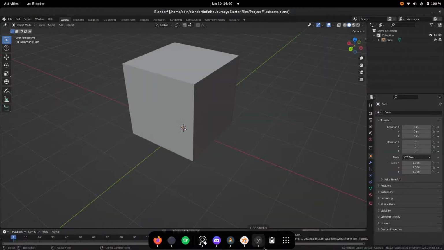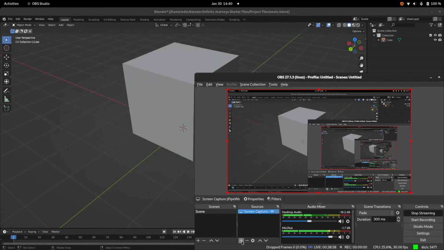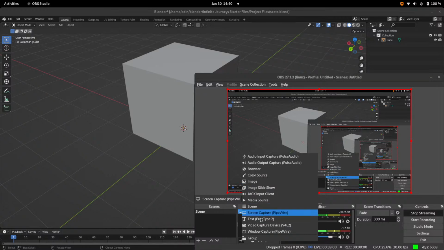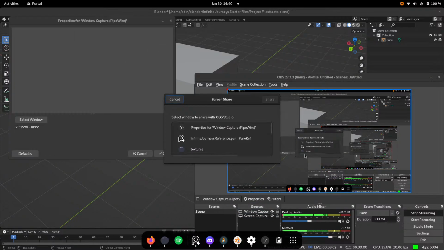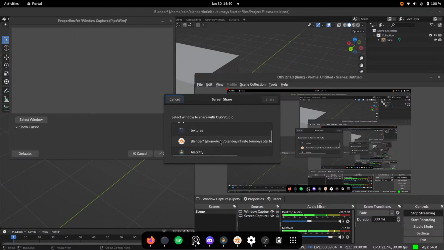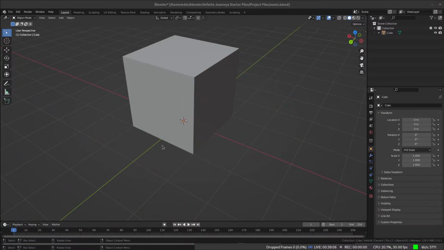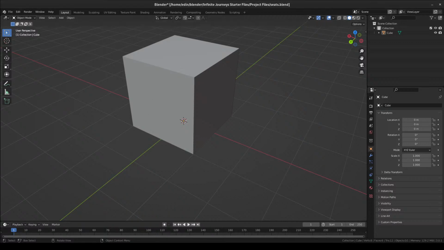Wait a second. I'm going to change this from screen capture to window capture. And you guys see this. Okay. Now remove the screen capture. Good. And now you guys. First place. I hope so. I don't think it will happen, but